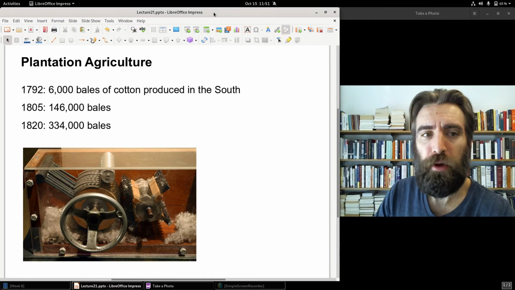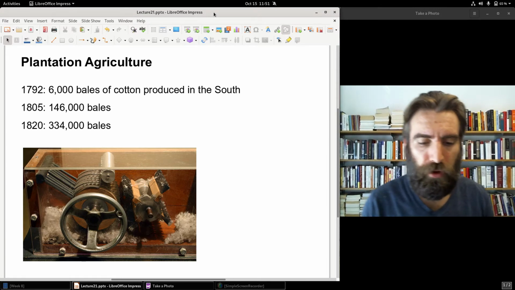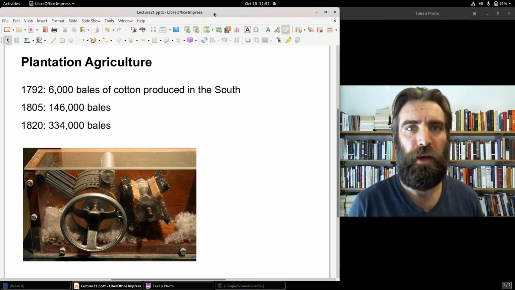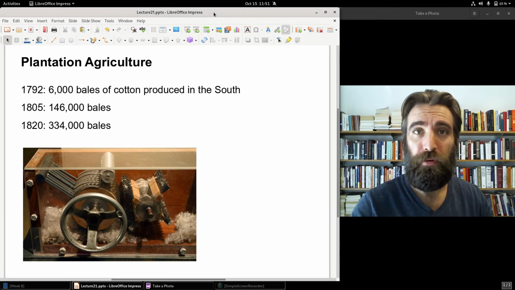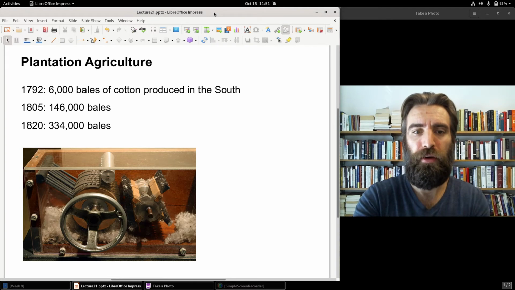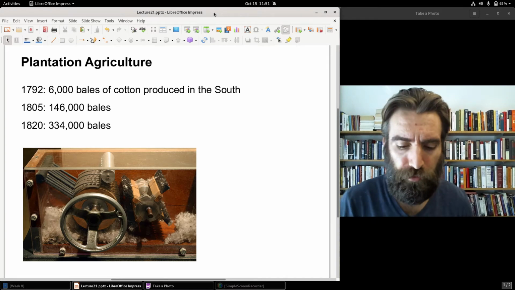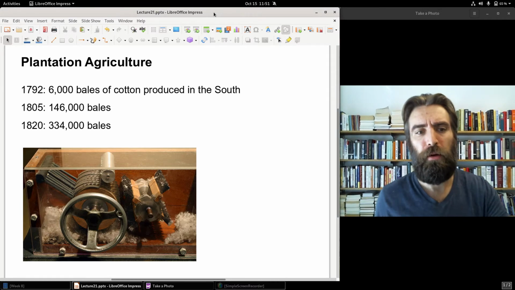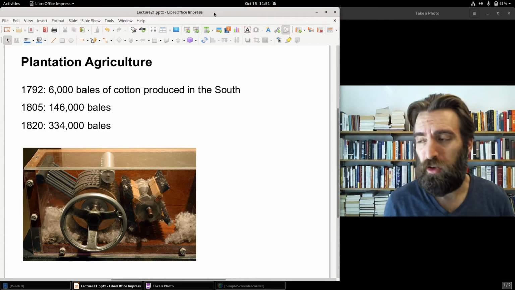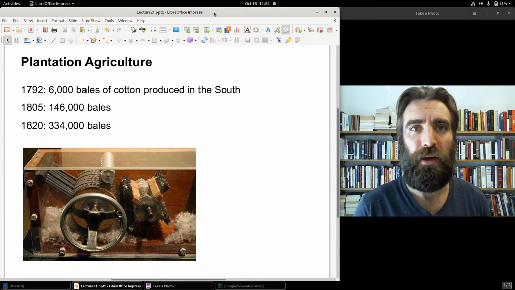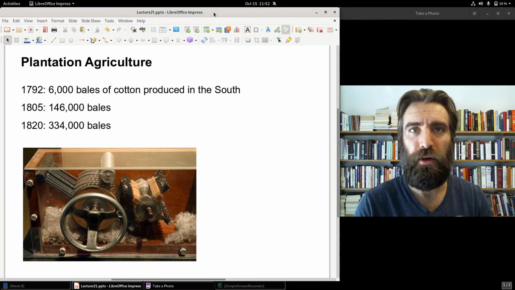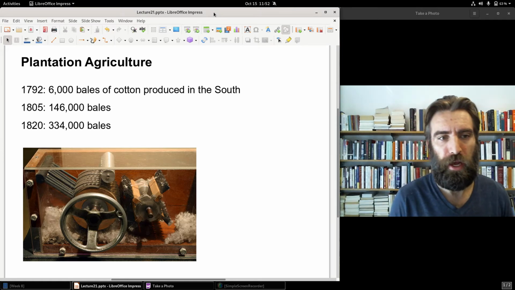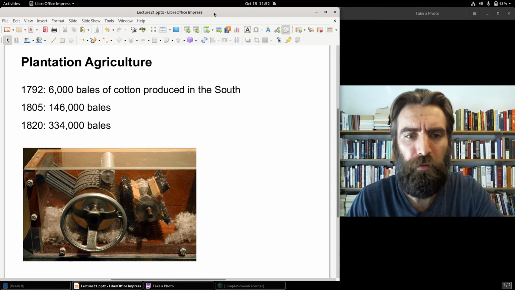Development is given a boost by an invention by a man named Eli Whitney in 1793, the cotton gin. The cotton gin was a machine that allowed for the easy separation of seeds from cotton fibers, which prior to that was a very meticulous task. Before the invention of the cotton gin, an average worker could only clean about 1 pound of cotton a day. With the cotton gin, a single worker, with the aid of that machine, could clean 1,000 pounds of cotton a day. So, major invention.